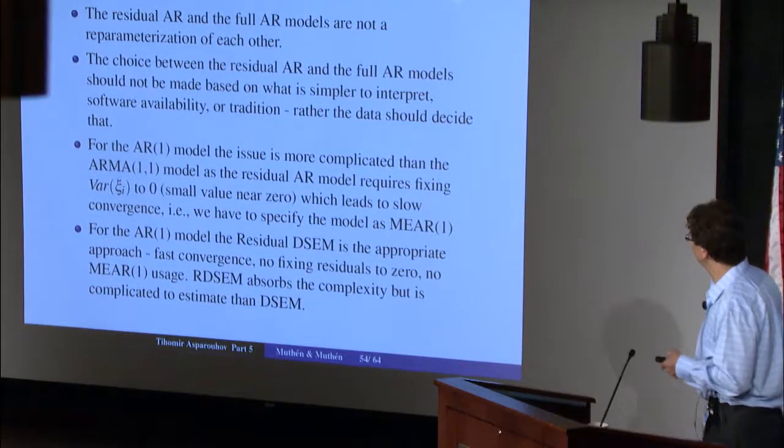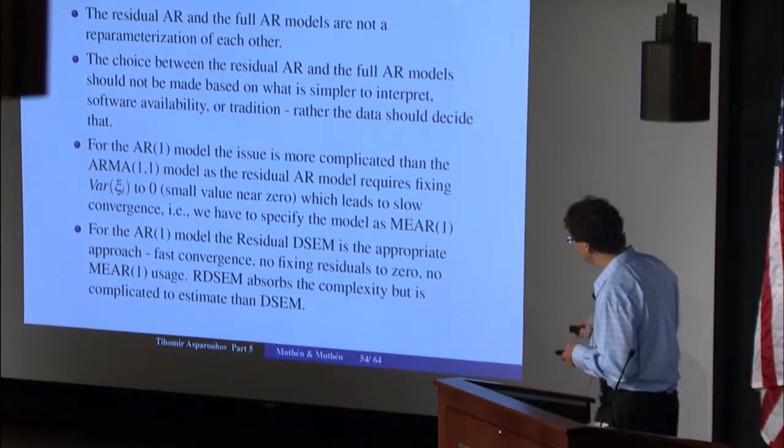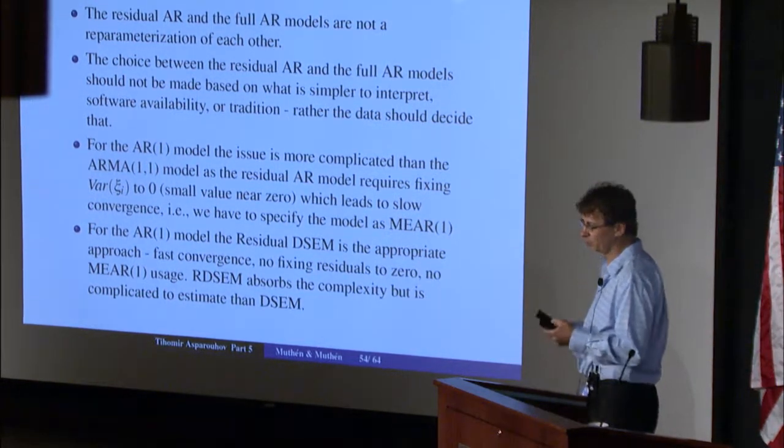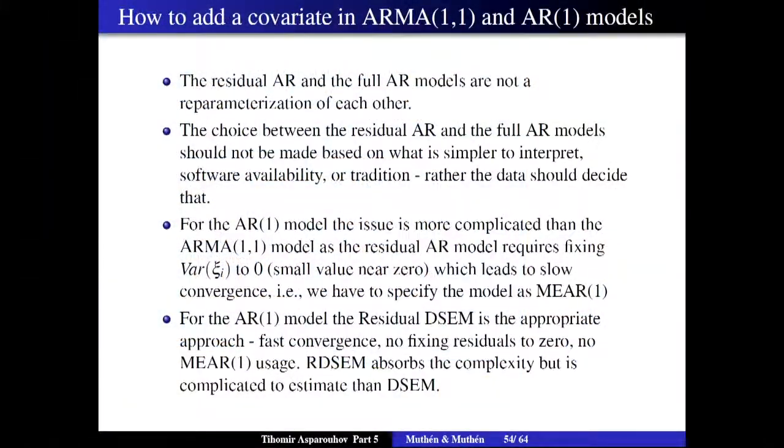So the conclusion of this little simulation is that in general, for a general covariate, except when the covariate is the time variable, or the time variable and the time variable squared as in the quadratic model, or generally a polynomial of the time variable, the residual AR model and the full AR models are not a reparameterization of each other, and you have this question of where to put the covariate. We're sort of coming new to this field, and so,